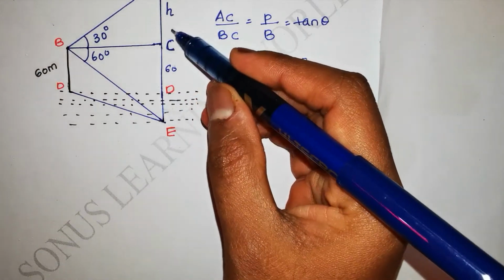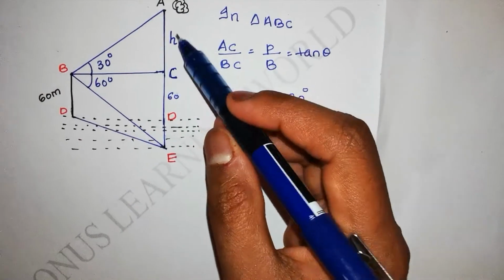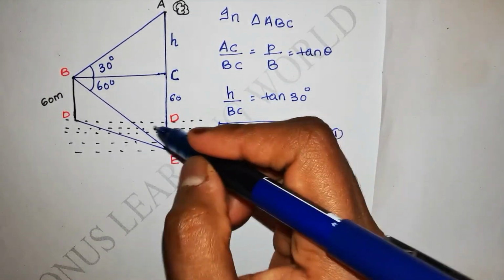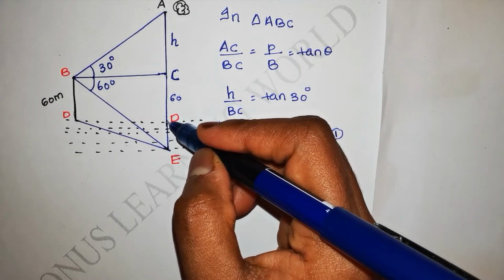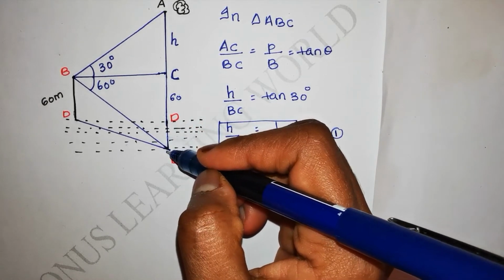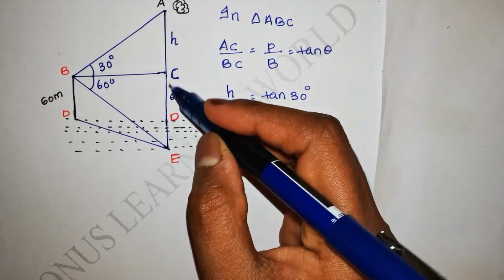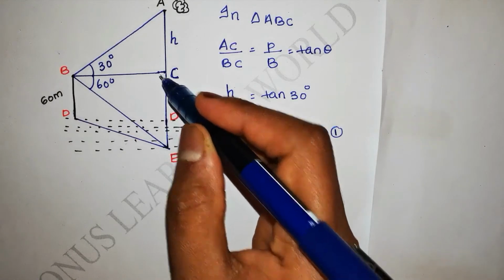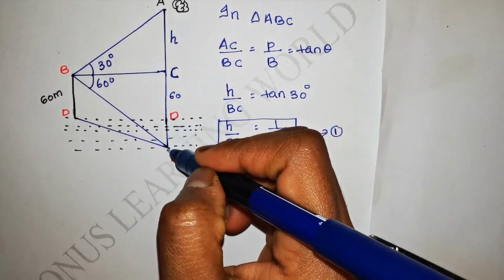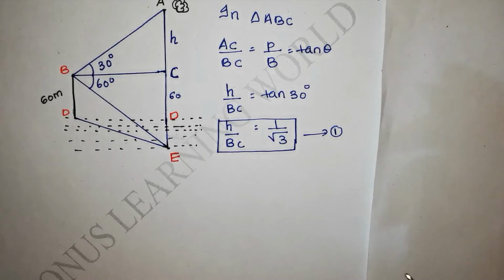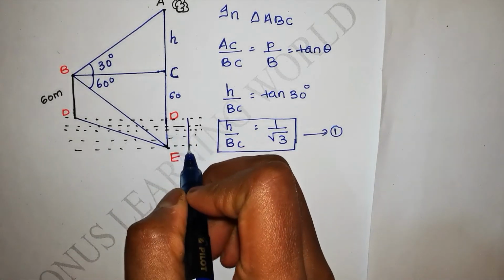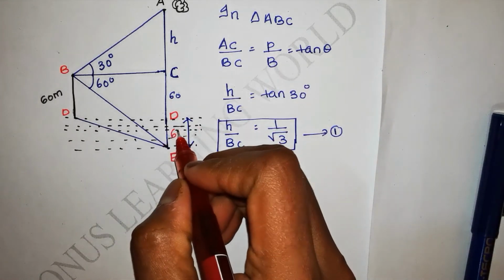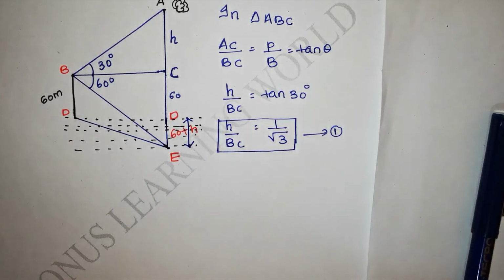This is H. So the shadow of the cloud is here. The shadow of the cloud is formed at the bottom of this river. So the shadow will be formed from the surface of the river at a distance of 60 plus H. After this distance plus this distance, the shadow will be formed at the bottom of the river. So this much will be equal to 60 plus H.